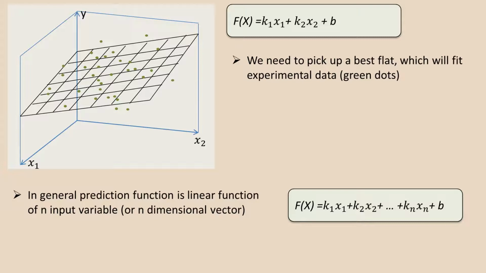As we already know, the most popular function is mean square errors. However, some other functions may exist as well. We will have to minimize this function and pick up the best set of coefficients k1, k2, kn and intercept b. And unfortunately, as you can probably understand, that was the last case where we can provide effective visual representation.